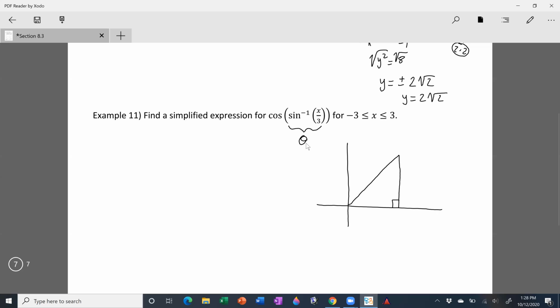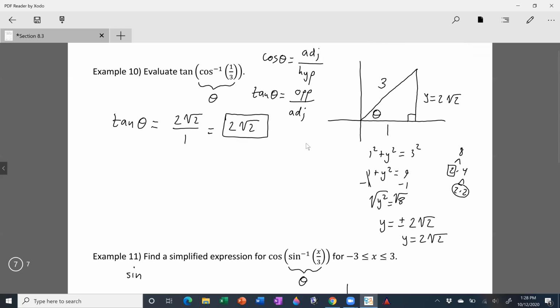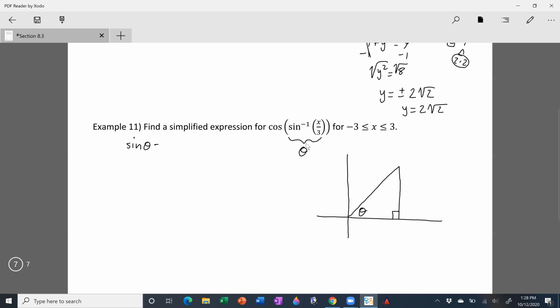So let's go ahead and just get an angle going here. Let's get an angle theta going here. Remember that sine of an angle is opposite over hypotenuse. So if I'm looking at sine of this angle theta here, it has to obey x over 3 being the